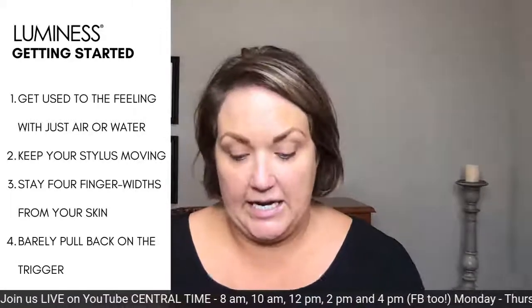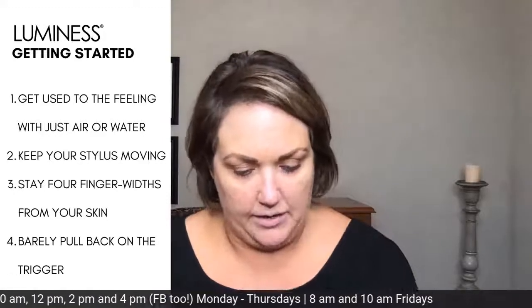So as soon as you get it and you have it out, you're going to just feel the air around your face. That's key because wherever you feel the air is where the makeup's going to go. That's going to be super important to know. And then also keeping it 4 finger widths away from your face is also